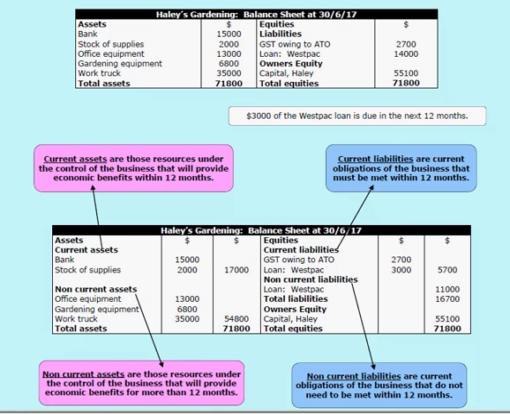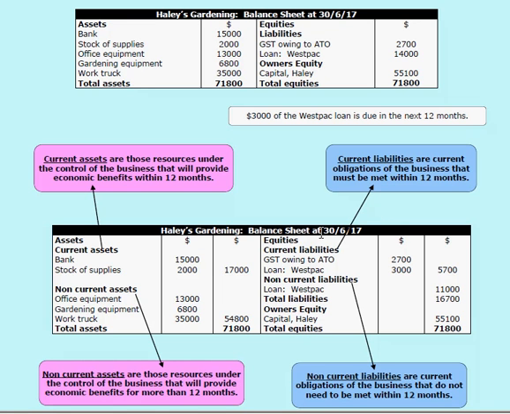On the left hand side are the assets, the right hand side are the equities, but we can further improve the quality of information in this balance sheet by classifying the assets and by classifying the liabilities. If you look below at this second balance sheet, Haley's Gardening, same business, same balance sheet, but we have grouped together assets of a similar nature and liabilities of a similar nature to improve the quality of information for the